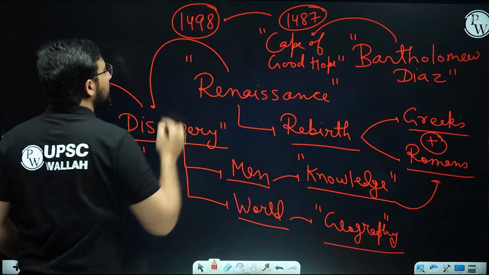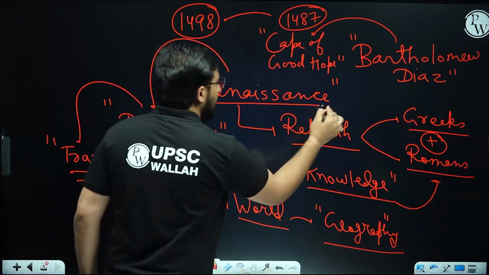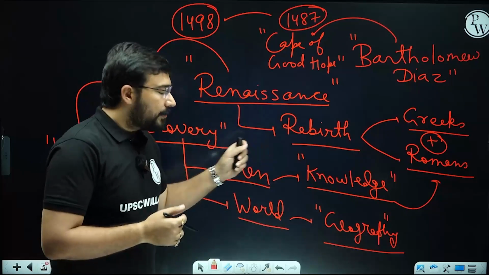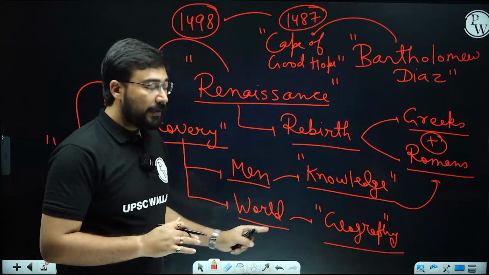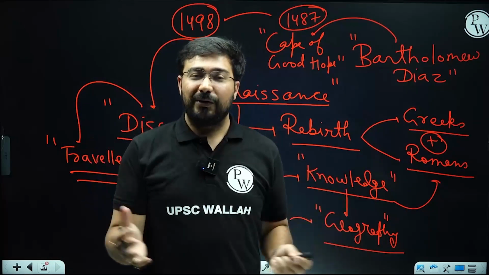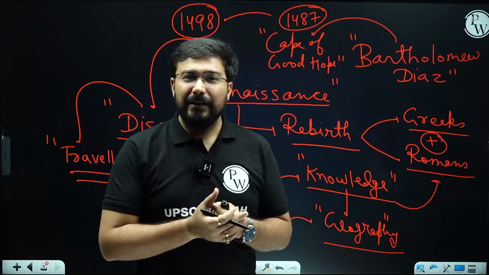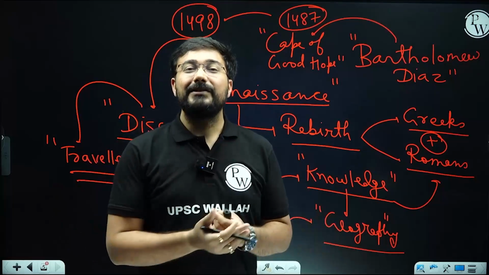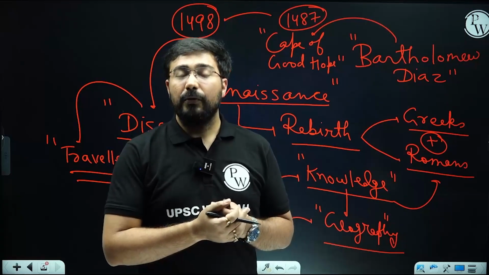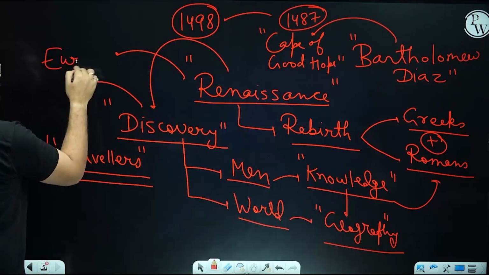One thing which was essentially responsible for why they came to India was Renaissance, known as the rebirth of the Greek and Roman culture, and under this there was updation of knowledge of every subject, and at the same time they were trying to discover the geography of the world. In fact, for the first time the map of the world was created. Previously there used to be lots of unnecessary knowledge, like that the world is flat, but now they realized the world is round, and you can navigate the whole globe, you can circumnavigate the whole world, and that's the knowledge which the Europeans were able to get during this phase of Renaissance.